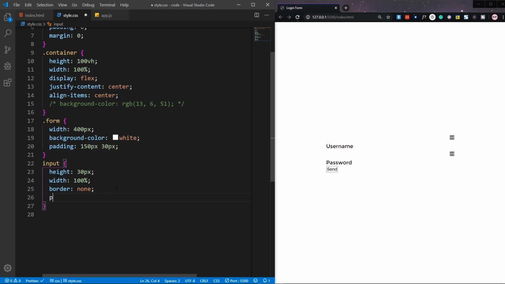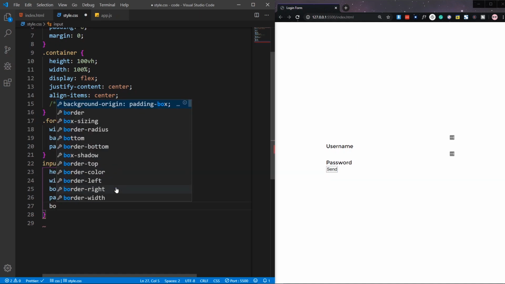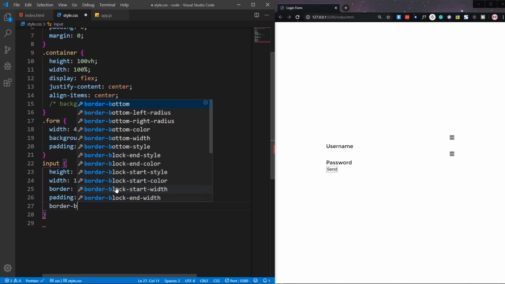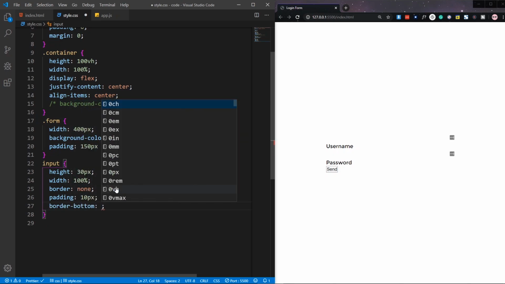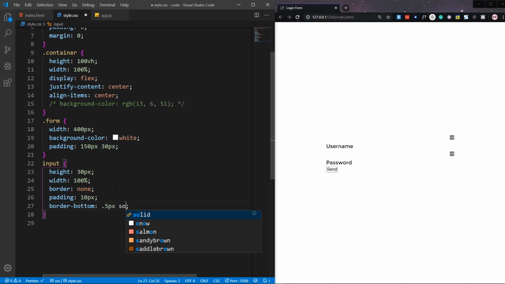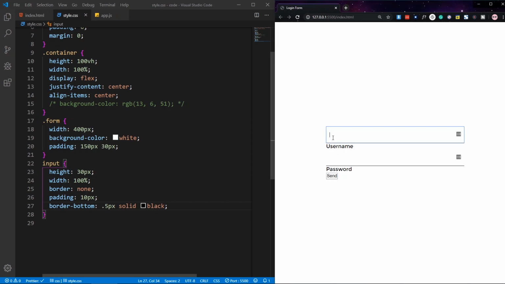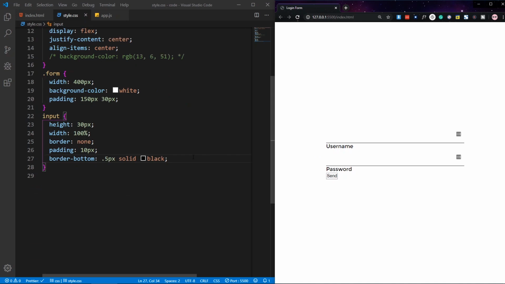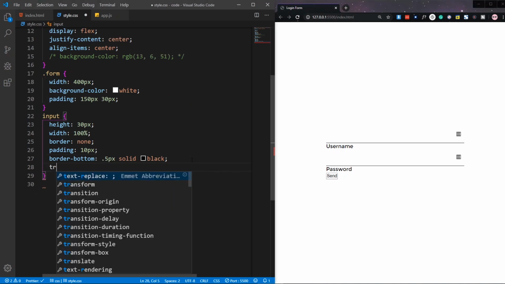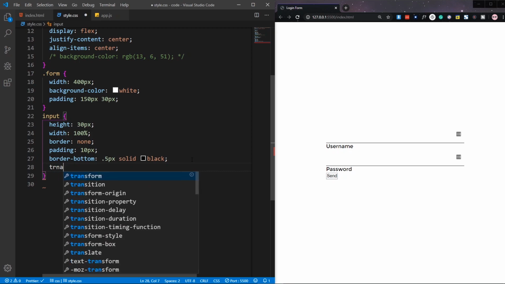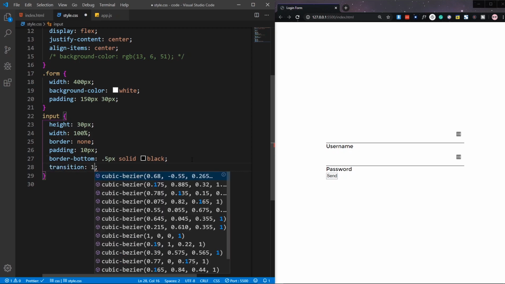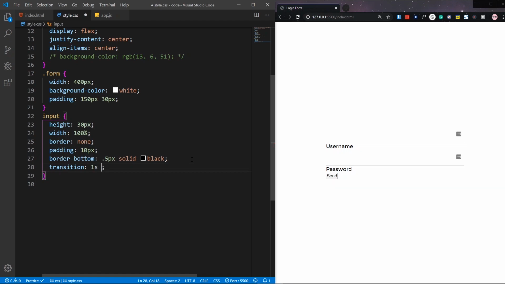And after that, let's give it some padding of 10 pixel and border bottom will be one pixel. So not 1 pixel actually, let's give it 0.5 pixel, solid and black. So if I save, now you can see that there is a black border in the bottom. So let's create also a transition, because we will animate something in later. Once again is all,